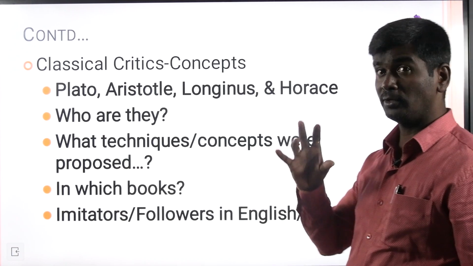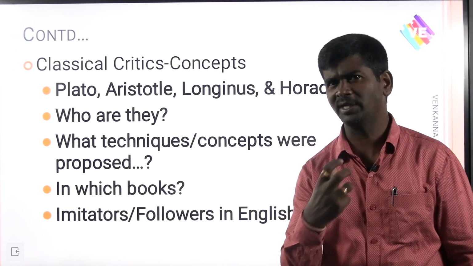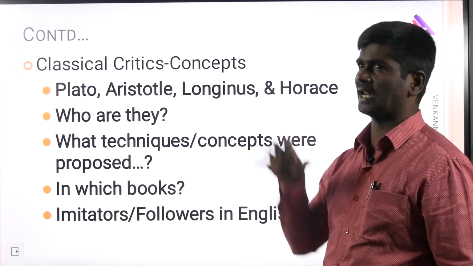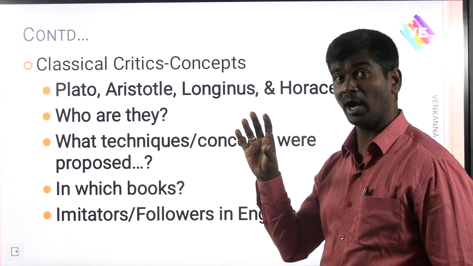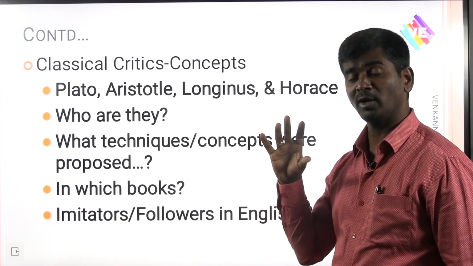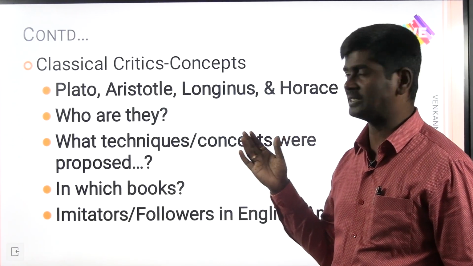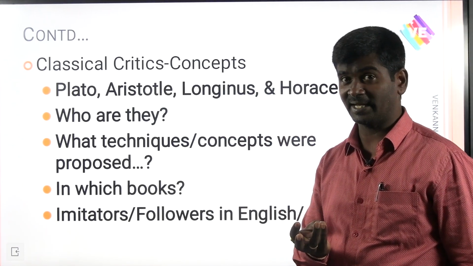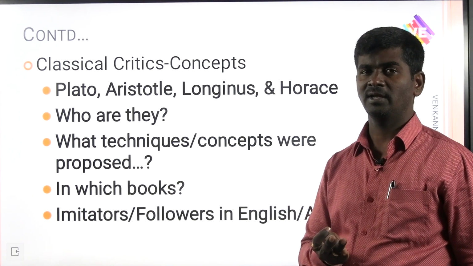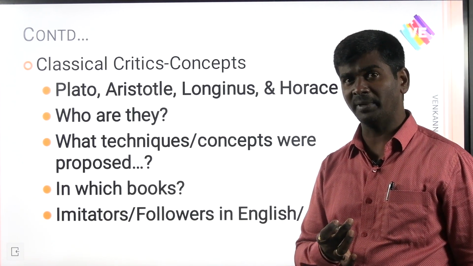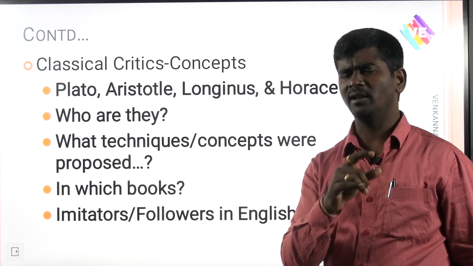Next friends, if you really want, once you analyze the bits of today's examination, you need to focus on these classical writers and their concepts, and what are the books written by Plato and how as a critic he is known to the world, and what are the critical concepts that were employed by Plato, Aristotle, Longinus, for example on the sublimity, or Aristotle, catharsis, tragedy and comedy, three unities, hamartia, comic relief, peripeteia, denouement, anagnorisis. All these are various technical terms that were employed by Aristotle in the book Poetics.